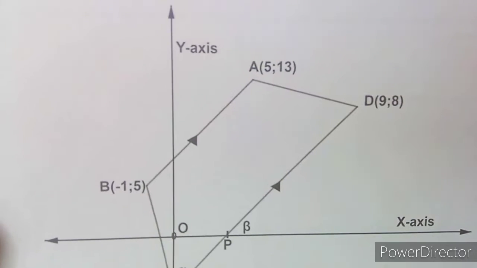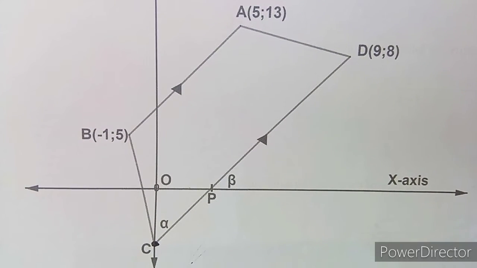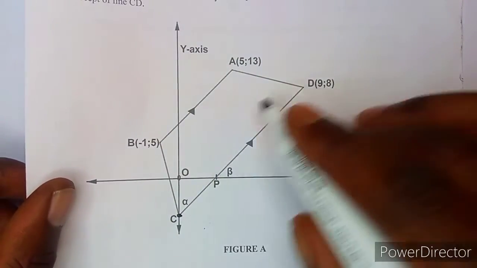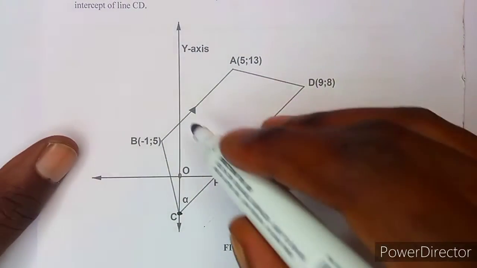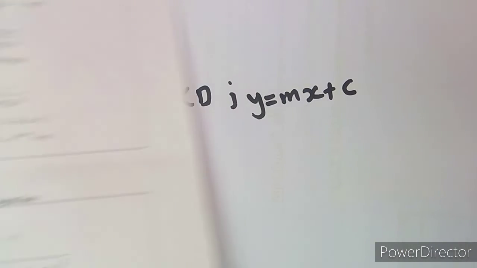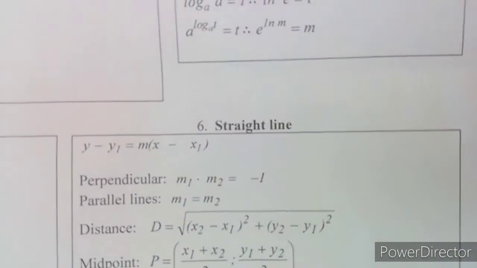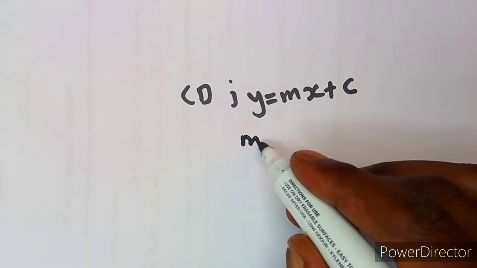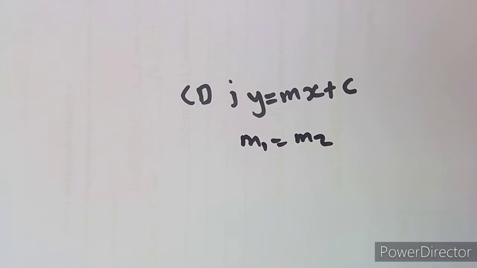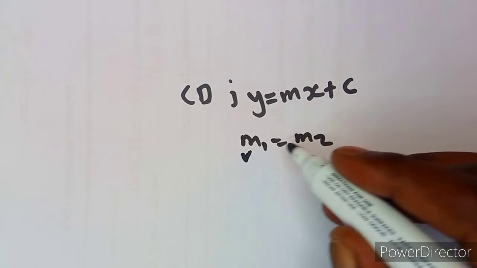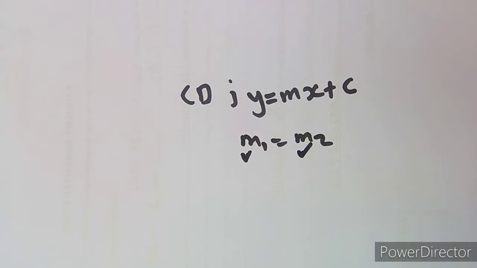Line CD, we are given that CD and AB, they are parallel. If you can cross-check lines from C to D and from A to B, these two lines are parallel. So if these two lines are parallel, what do we understand about parallel lines? These things you are given from your formula sheet, everything is written. On your formula sheet, it's written that for parallel lines, M1 is equal to M2. What do they mean when they say M1 is equal to M2 for parallel lines? It means that the gradient is the same, because M represents the gradient. So the gradient for parallel lines is equal. So if lines are parallel,